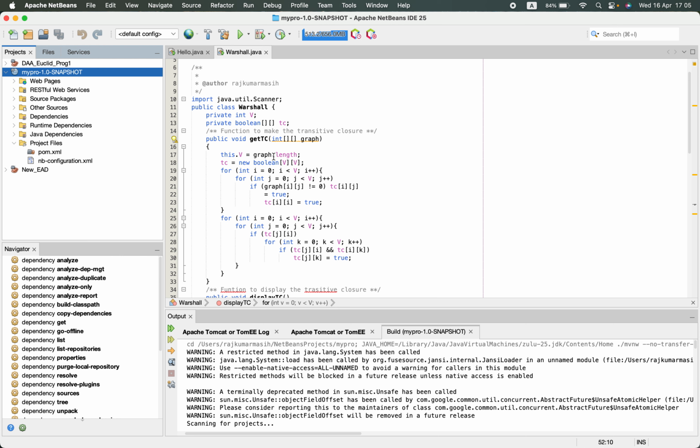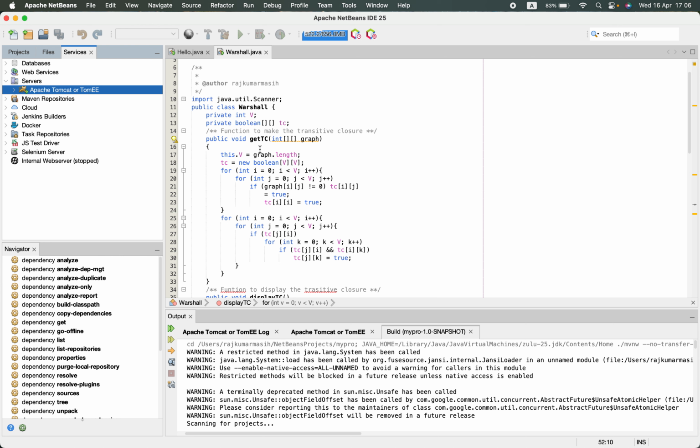So the solution was pretty simple, but maybe sometimes when you have recently installed your Java language as well as NetBeans, this kind of problem may occur. But you can see there are many other parameters to take care of. Okay, you can see here,